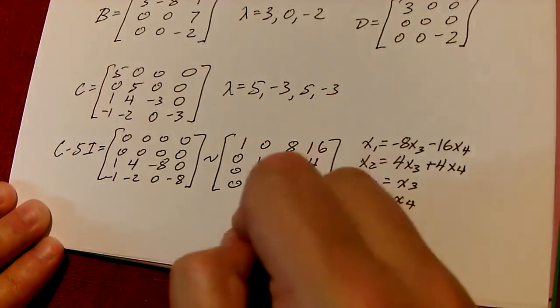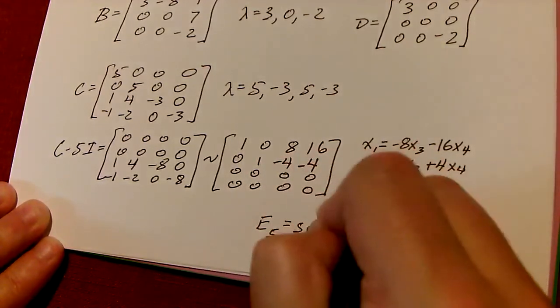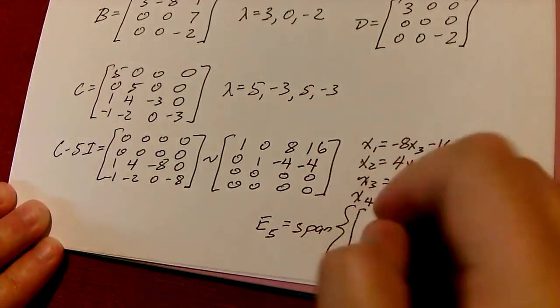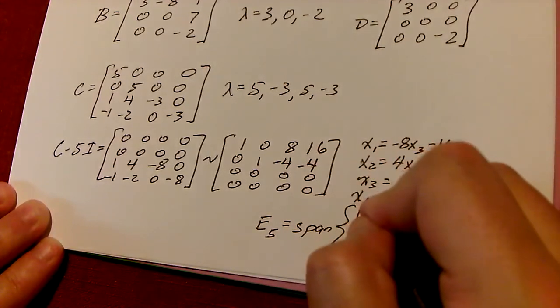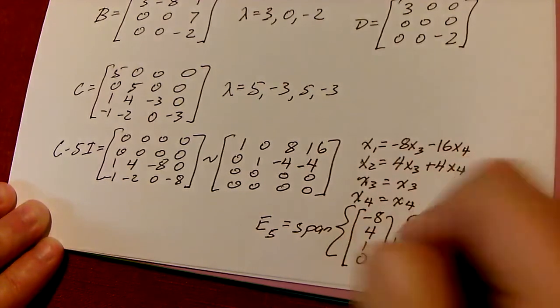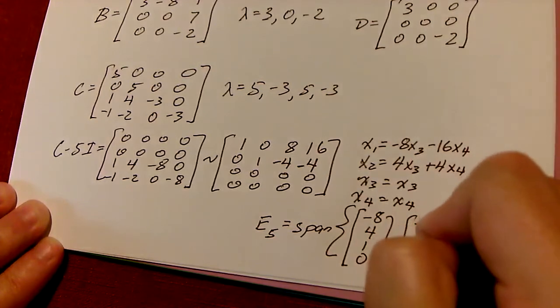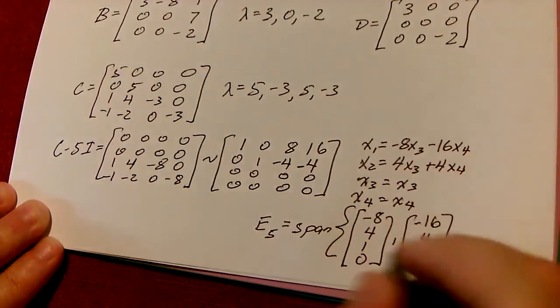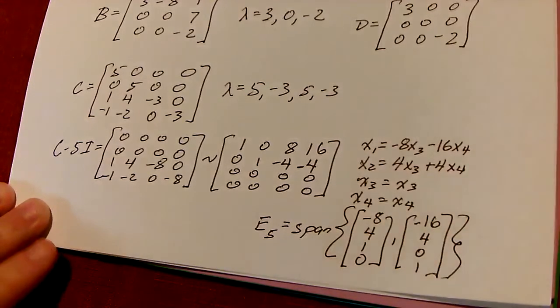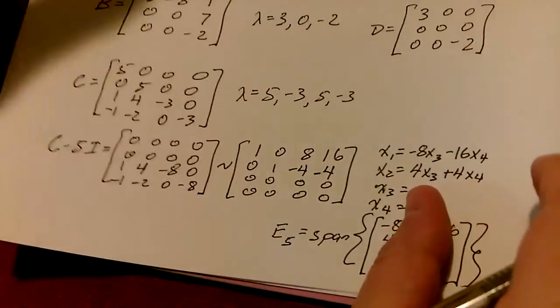So my eigenvectors, or my eigenspace with respect to the eigenvalue 5, would be the vectors negative 8, 4, 1, and 0. And then my second vector is going to be negative 16, 4, 0, and 1. Don't forget the 1s for the free variable position. Okay, so I've got my 2 for that. Okay, so let's go to the other